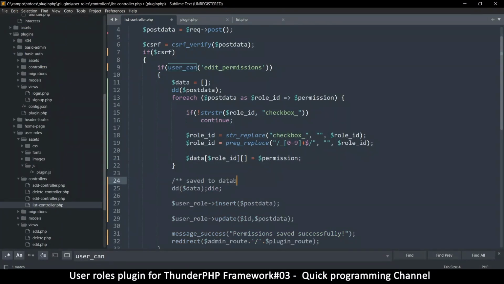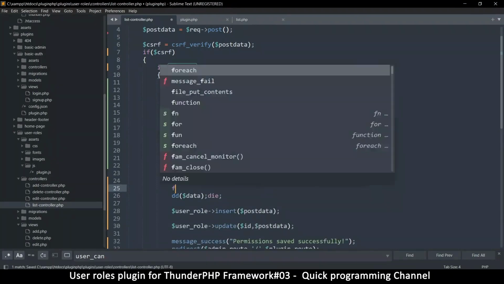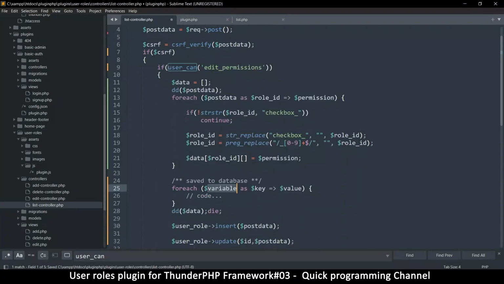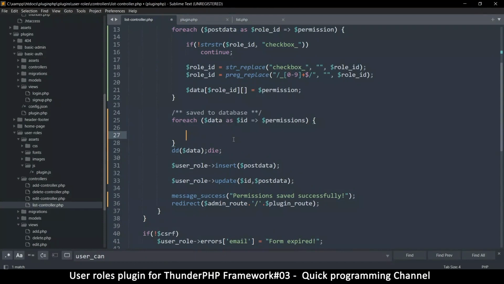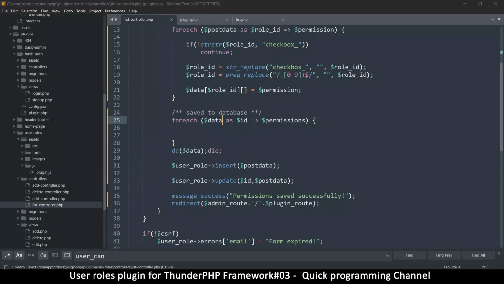Save to database. Okay, so to save we have to loop through there. So for each data as ID, and then value here is equal to permissions. Several permissions there. Okay. So for each single permission, we have to try and find out if one already exists,